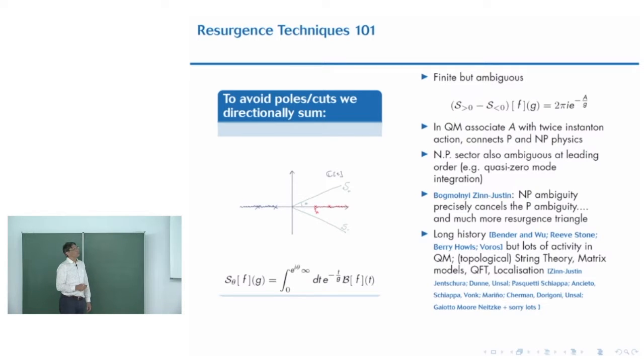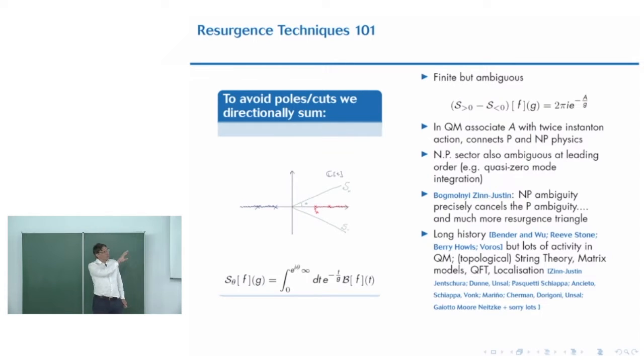So the difference between integrating above the cut and below is 2 pi i e to the minus a over g, something like this. So two factors here. First, pure imaginary. That's interesting. So the real part is non-ambiguous, but the imaginary part is. And there's a weight here, and it's the same instanton fugacity that we had before. And this is how the perturbative series is talking to the non-perturbative series. In fact, what's going to happen is the non-perturbative sector is also ambiguous.